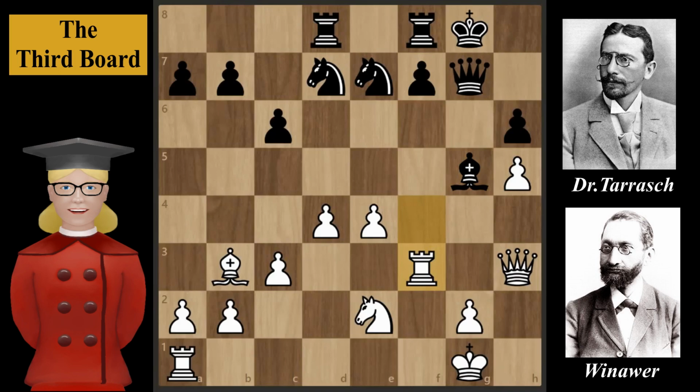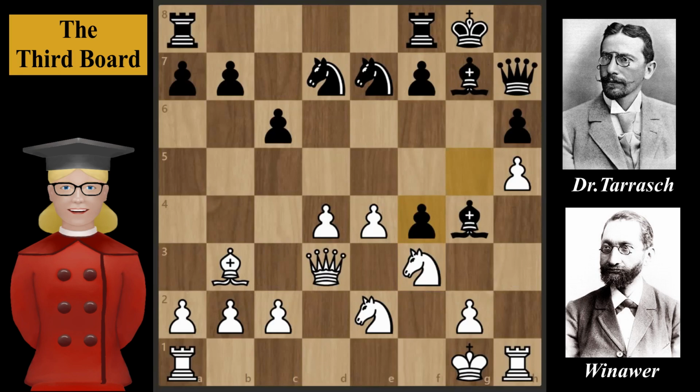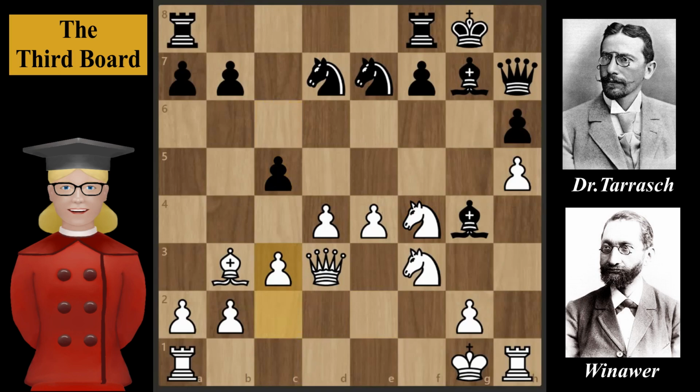Let's return to the original position. After knight takes pawn, the best response for black is c5. And after that, Stockfish suggests the following line: c3, bishop takes on f3, g takes on f3,